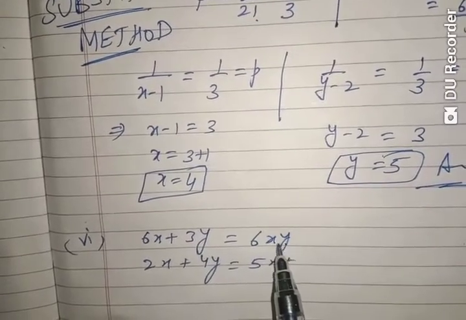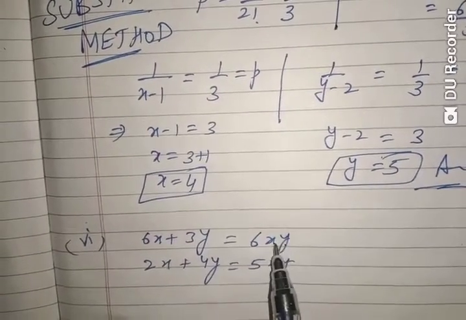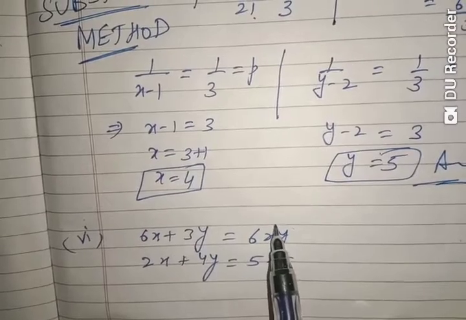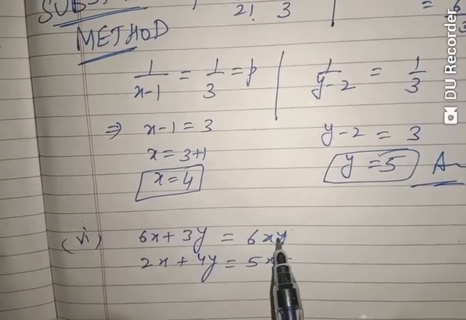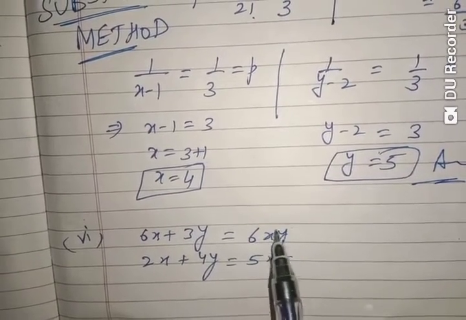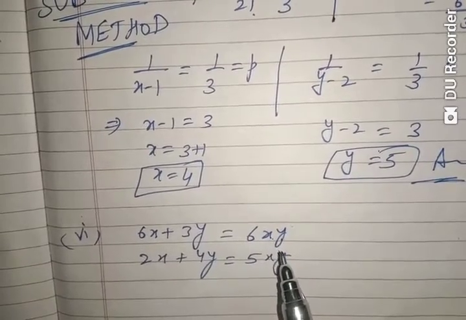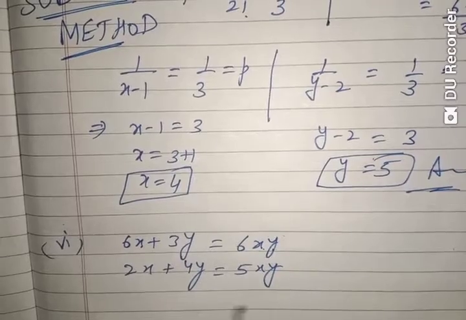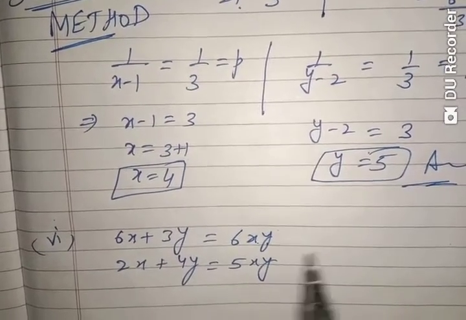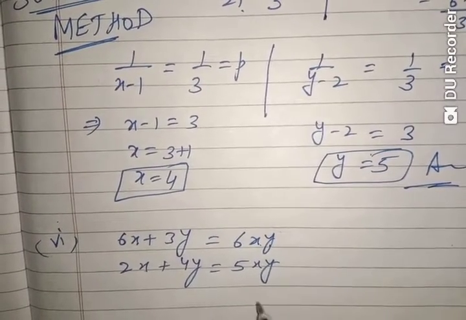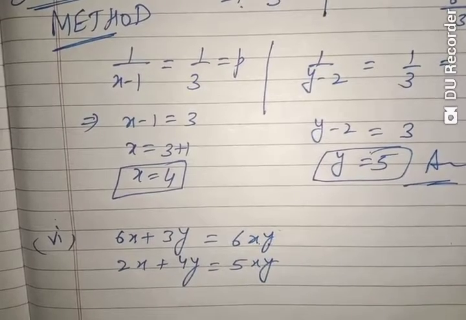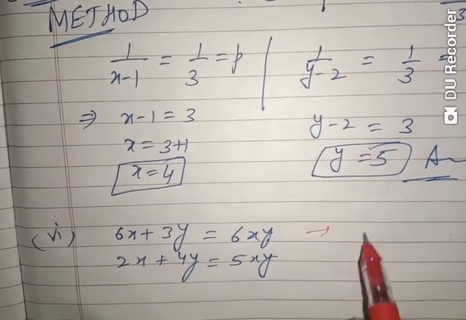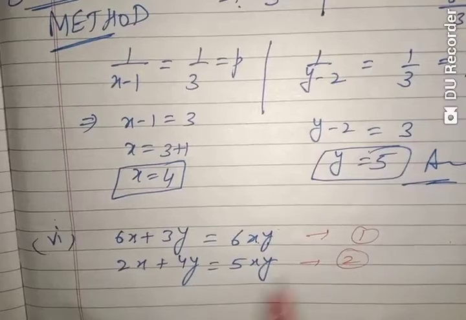If we check its degree, its power is 1, its power is 1, and it is in multiplication, so its degree will be 2. It is not a linear equation, and we are going to reduce it into the linear form. Some of the teachers say that apply the elimination method and this xy and xy get cancelled, but I will tell you the proper method that NCERT follows especially.